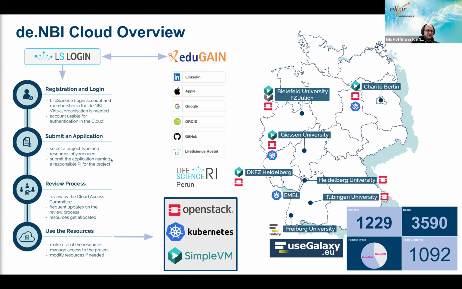So either the PI himself can sign up, or they can have someone else sign up in their name, and then they get a link where they can approve the application. We then have an internal review process, and in this process, we basically check, for example, the claims. If we see that someone has only signed up, for example, with a Google account, we try to make sure that we have other means of making sure the person is entitled to actually file that application. Usually that involves some manual searches, and sometimes even a Zoom-based authentication.